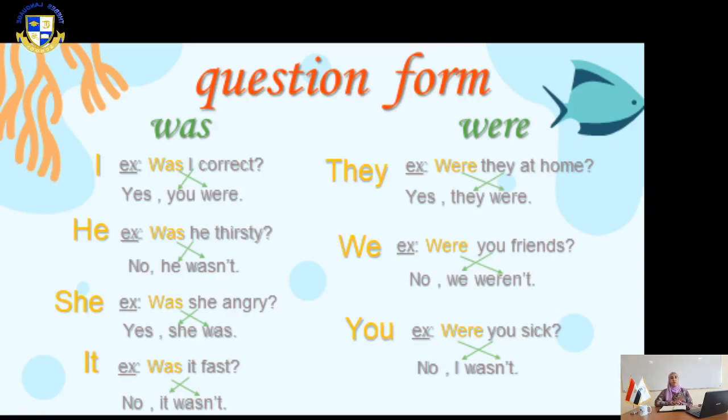We said before that in the question form, we always start our question with the verb. So we are going to start our questions with was or were, according to the personal pronoun that we are going to use. For example, was I correct? Yes,